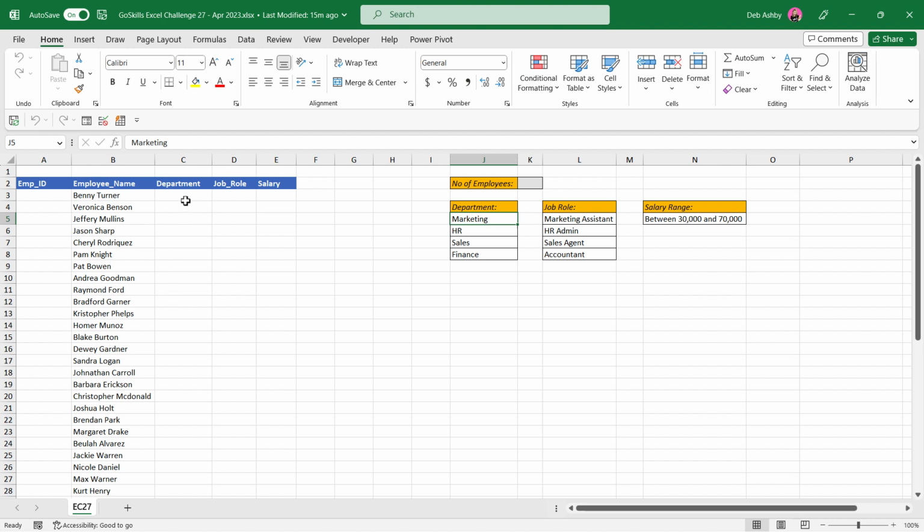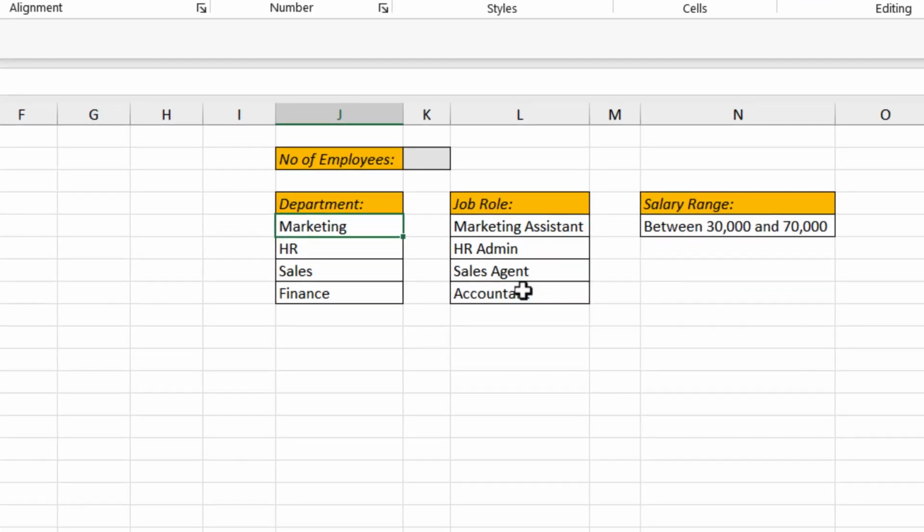Now, once you have those departments, I'd then like you to complete column D and assign a job role to each of those employees. And the job role should make sense for the department that you've assigned to them. So in column L, you can see I have a list of job roles. So we have marketing assistant, HR admin, sales agent, and accountant. So effectively, I want you to create a formula that says when the department is marketing, for example, assign the